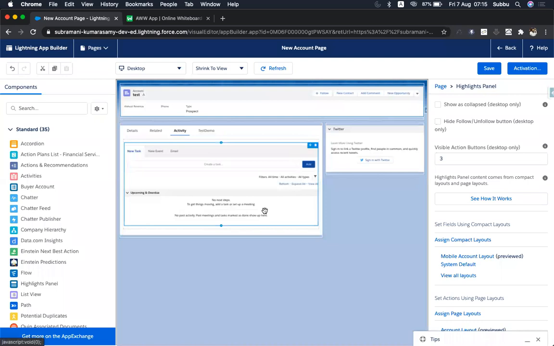Then another release is the Lightning Web Component. The main reason for the Lightning Web Component is that when they were releasing the Lightning, they didn't have the most updated browser versions. So ECMAScript, and there are many features which the browser has recently updated. Those features have been updated in the Lightning Web Component. So most of the features which can be handled at the browser level are handled at the browser, and what needs to be handled at the server side is being divided. So most of the features will be handled at the browser level, so that the network traffic at the server can be reduced and the application will be very fast.